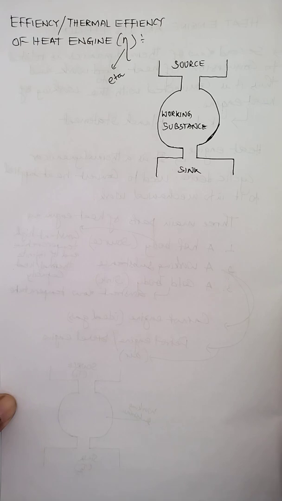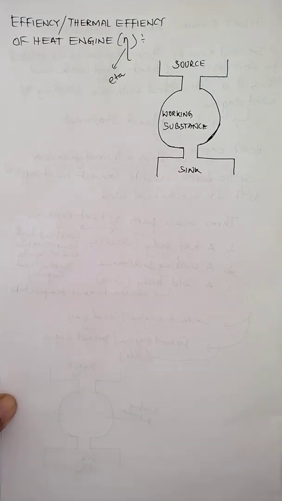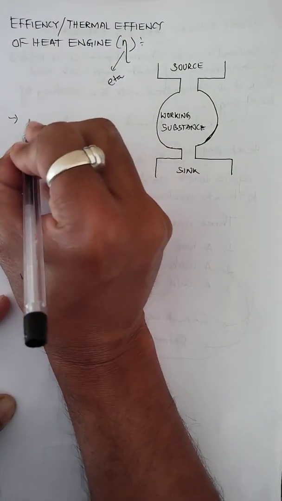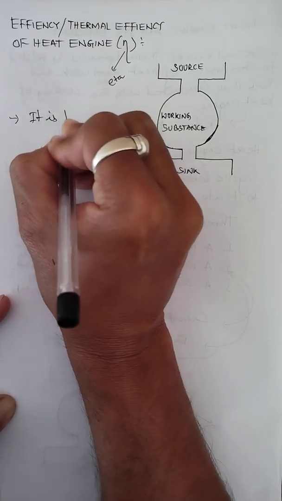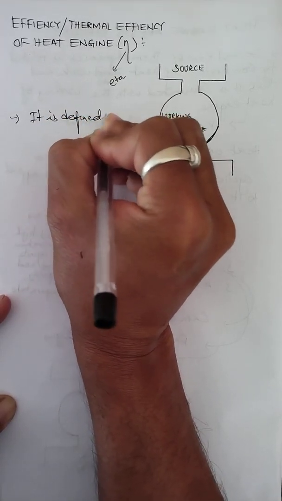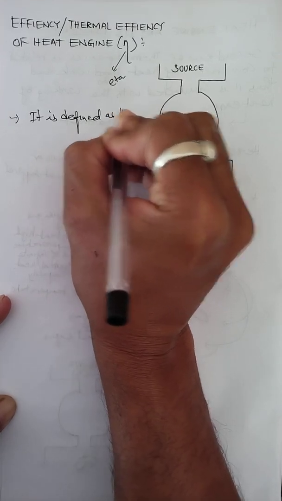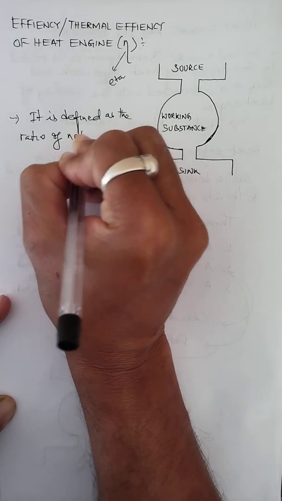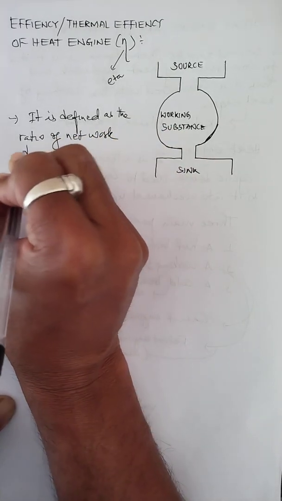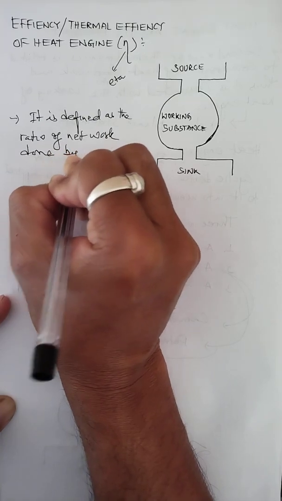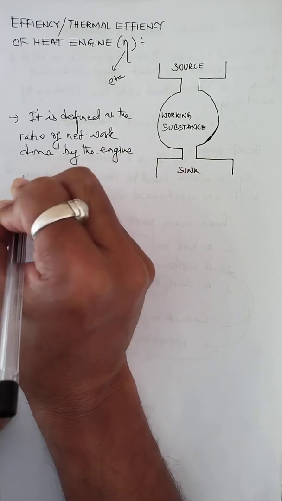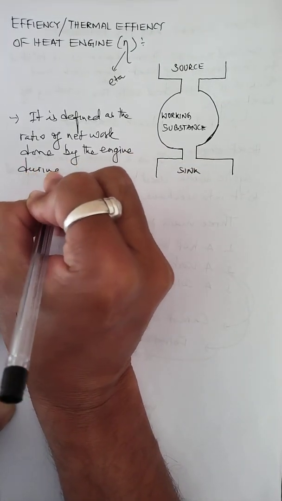Now even a heat engine has efficiency. But what is actually the efficiency of a heat engine? Efficiency of a heat engine is defined as the ratio of net work done by the engine during one cycle